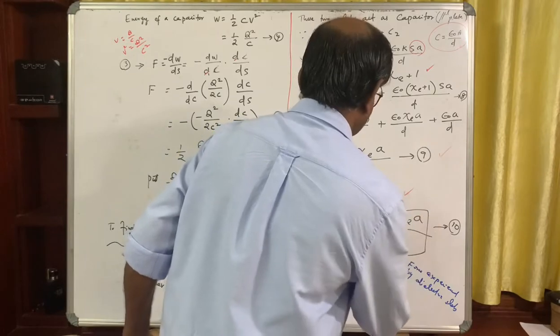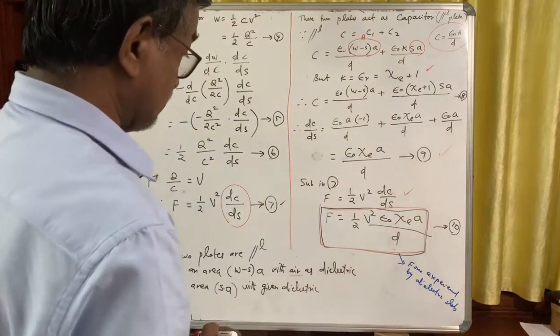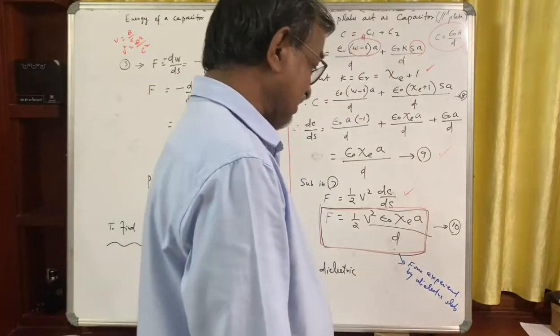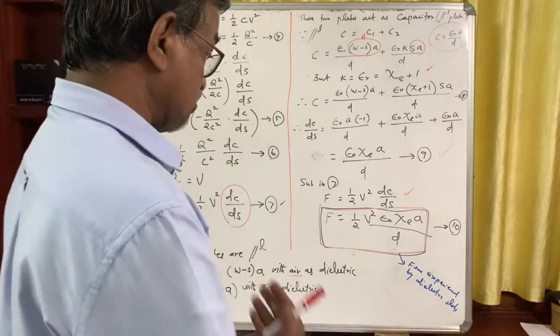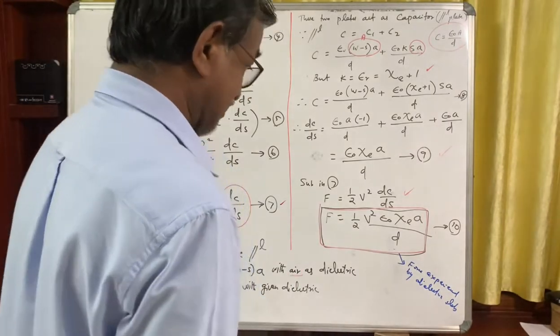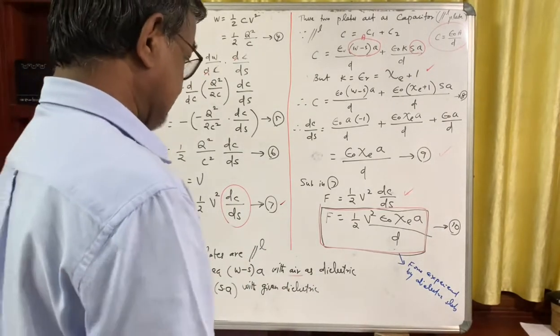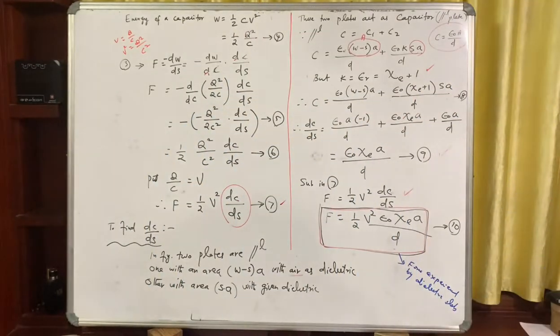And finally we are getting the force F is equal to half V square epsilon 0 chi A by D, where F is the force experienced by the dielectric slab in between when it is moved, when it is pushed with a force F external to inside to a distance S inside. Okay, so this gives the